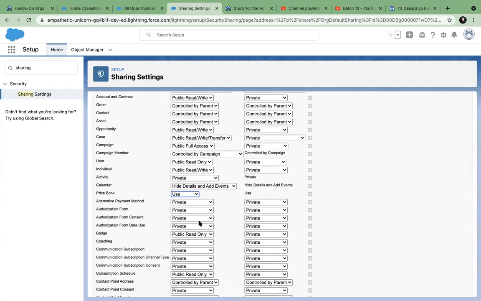What is use? Yeah, use means you can start using this price book. Anybody who is not an owner can use this price book. With view only, you can only see it, you cannot use it. That means in an opportunity, you cannot add or select the price book, but you can see what the different price books are. Use is using this in an opportunity, selecting that in an opportunity. And no access means you can't even see that price book if you are not an owner.